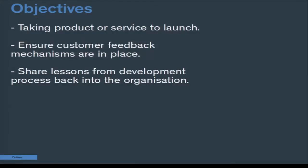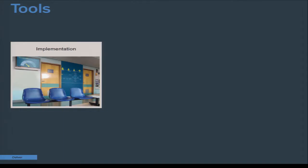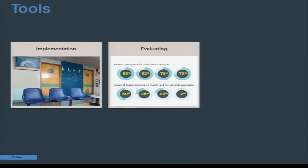We also needed to ensure customer feedback mechanisms were in place, and share lessons from our development process back to the organization, so back to the Department of Health, the Design Council, as well as the partner trusts. So this stage is ongoing as we are still implementing the designs in various hospitals and currently refining our solutions as necessary. Some of the tools we used were implementation. So this was the implementation of our final design solutions. We also evaluated our solutions,